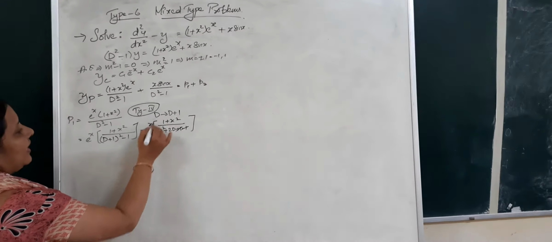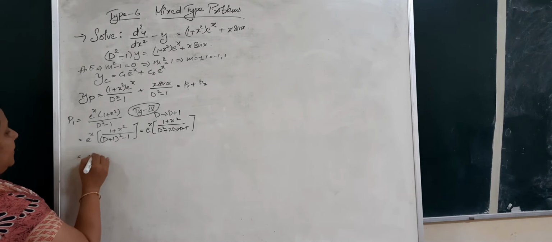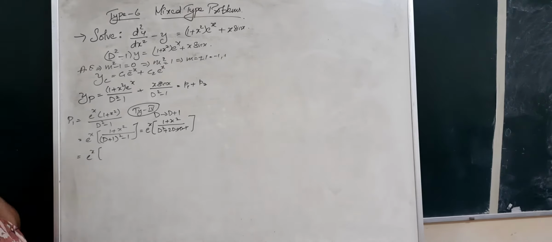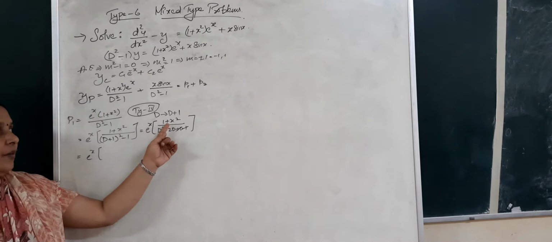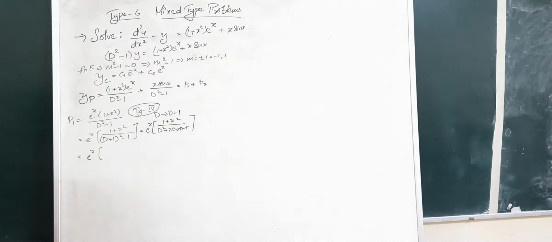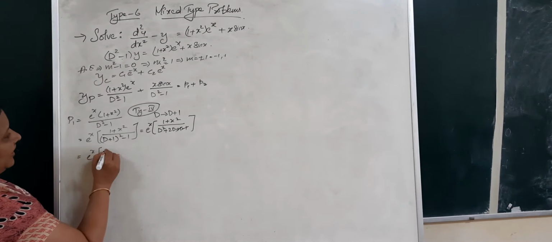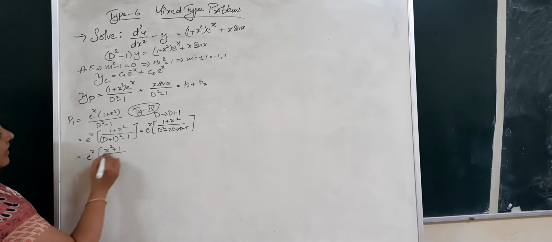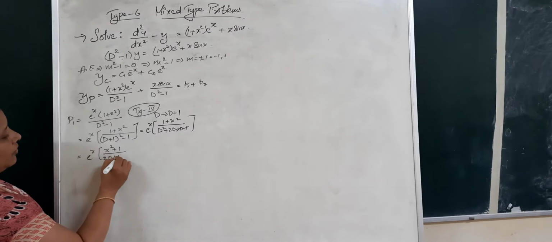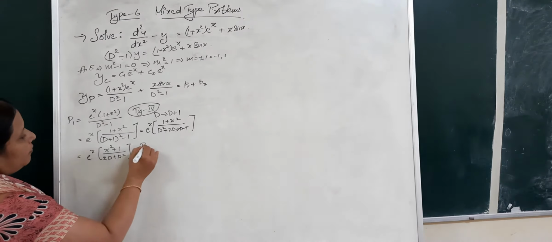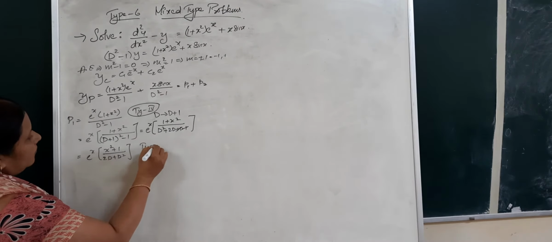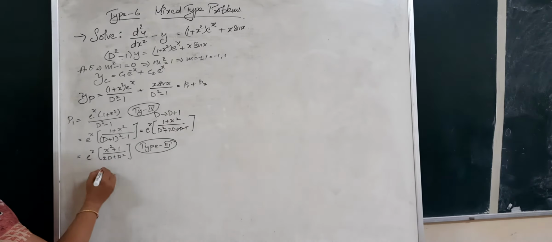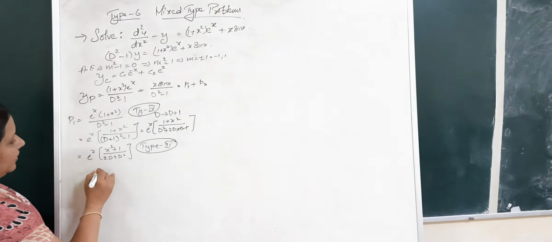Now this again comes under which type? Identify this. The numerator is a polynomial, therefore this comes under type 3. So rearrange the numerator in decreasing orders of the powers of x, divided by the denominator in increasing orders of the powers of d. So type 3. Got it? Now let us apply the long division.